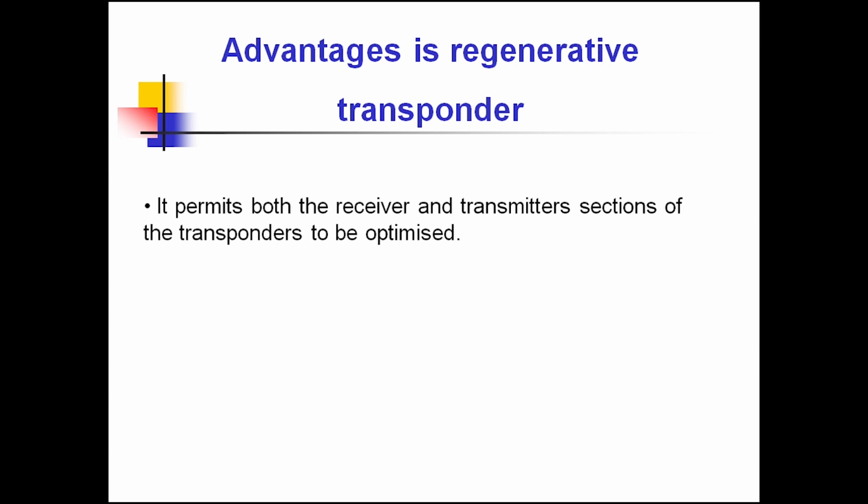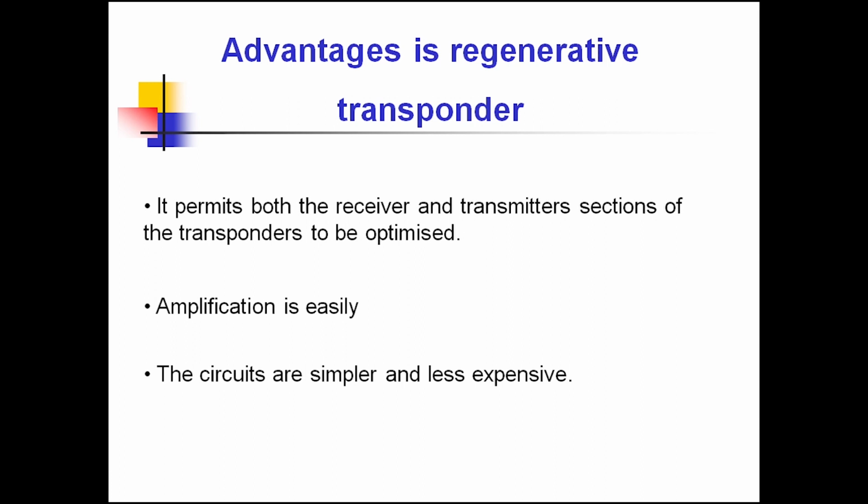The advantage of regenerative transponder is it permits both the receiver and transmitter sections to be optimized. Less equipment. So we can provide amplification very easily. The circuit is simple and less expensive when compared with other types of systems. The overall signal to noise ratio can be